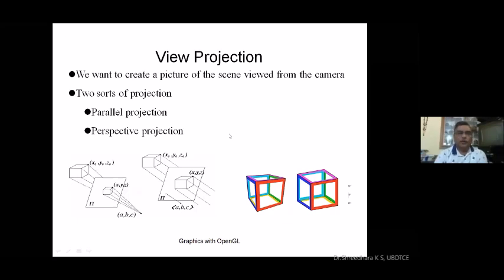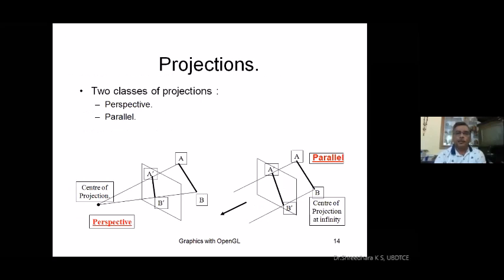Now we have to derive the transformation matrix for these two. To understand this, take a simple example, a line AB. When it is projected onto your plane, you get A dash and B dash. The size of the line is modified here. If you move the plane, the size also changes. This concept is called perspective. It's the best diagram you can draw when a perspective diagram is asked.